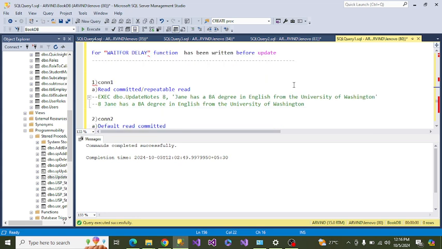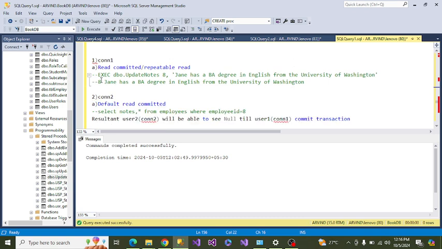In the first case I have written a wait for delay before the update, so it will execute for 20 seconds. Connection one and connection two are two clients: one tries to update a row and the other tries to fetch the same row. I am updating employee ID 8.